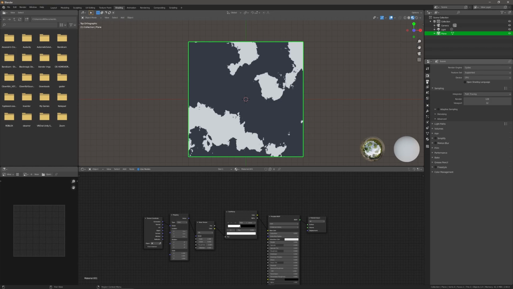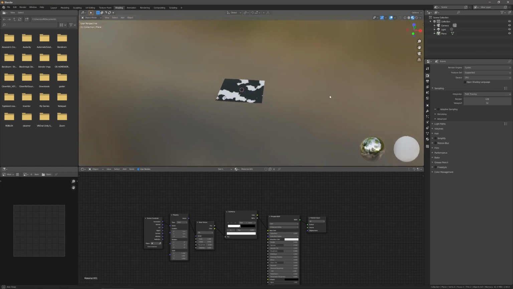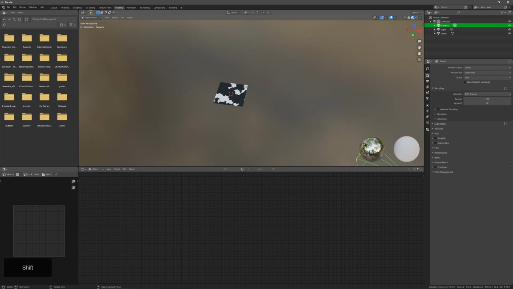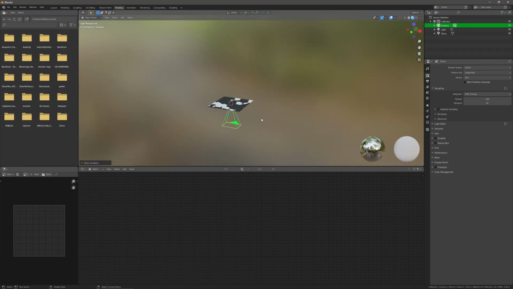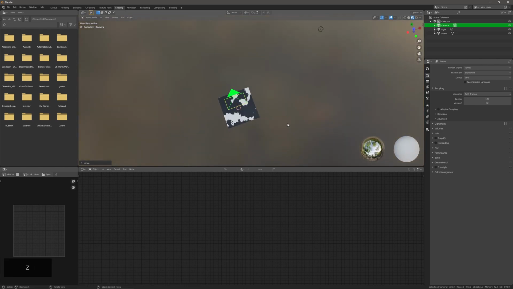And next, we're gonna go ahead and go into our camera view. Our camera's right here for now, and we're gonna want to reset it to where it has an overhead or bird's eye view of our plane. So we're gonna go ahead and press Alt R and Alt G. This will reset everything that has been done to it, its rotation and movement. Then we're gonna press G and then Z to lock it on the Z axis. And we're going to drag it up above this image.